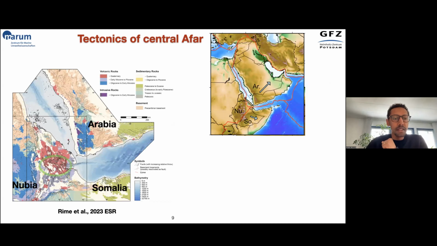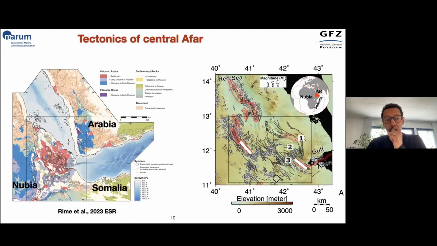So here is the central Afar, which is shown by this oval shape. And then we have these rift segments, which are actively opening in the central Afar. We have the rift which is propagating to the south, Ertale, Tat'Ale, and Dabahu magmatic segments. And to the east, we have the,